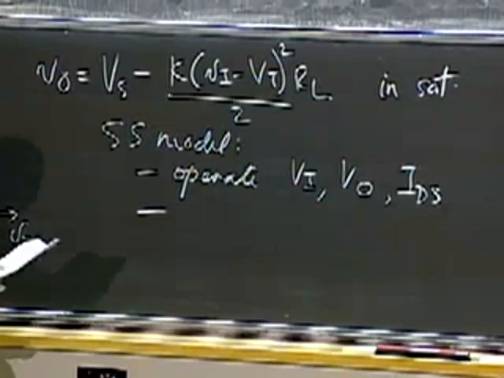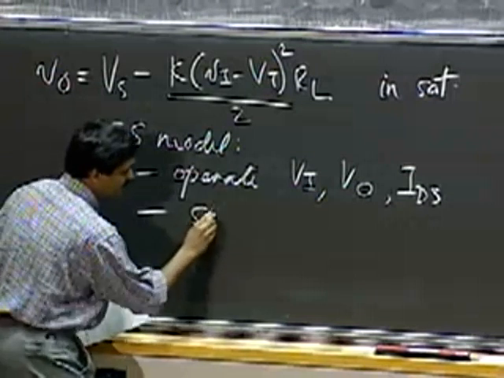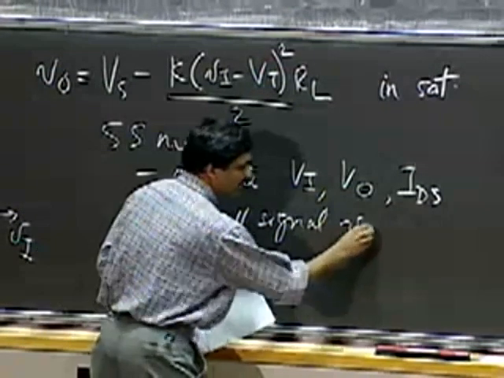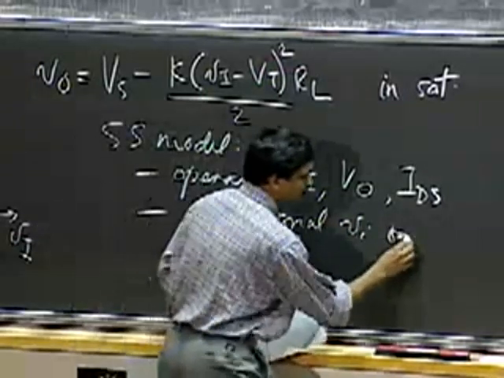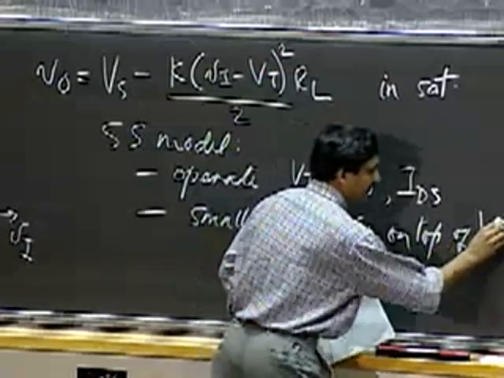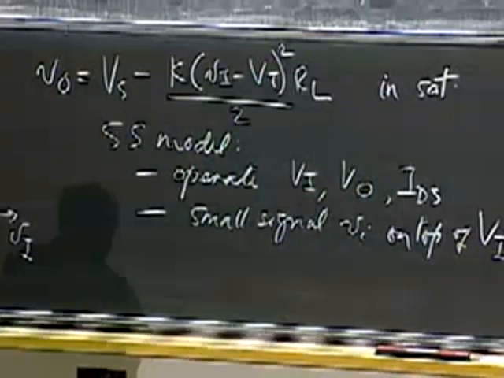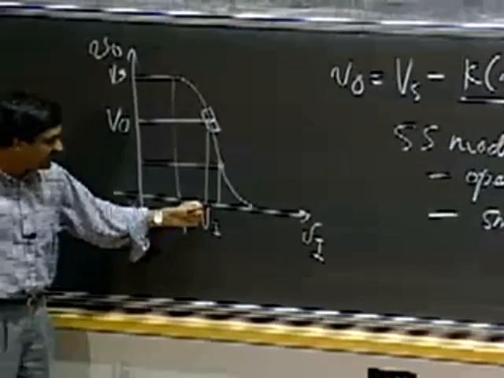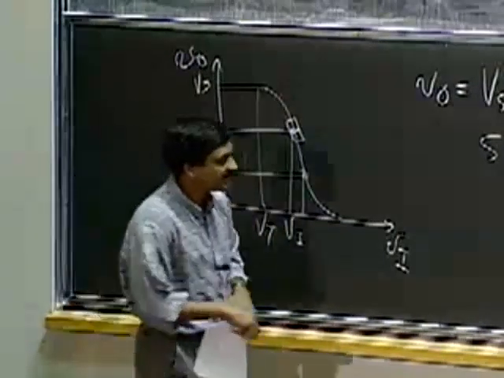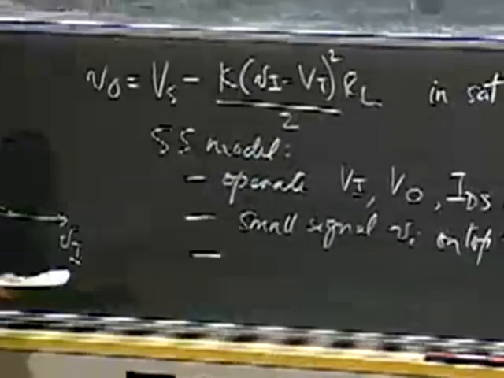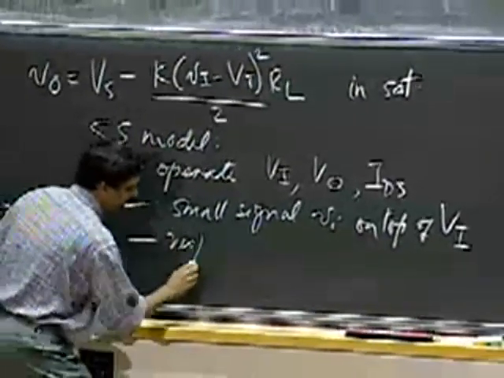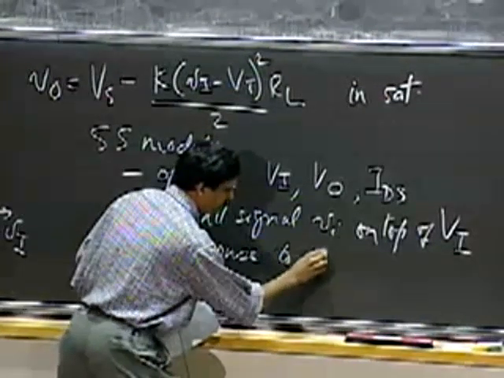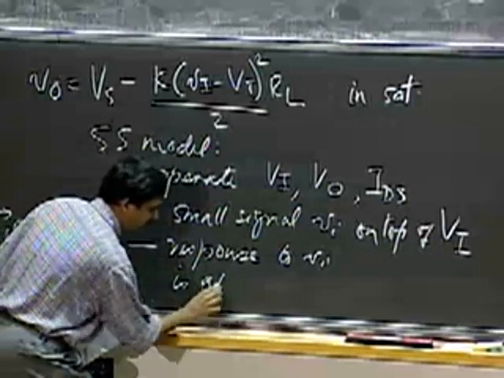And then superimpose a small signal vi on top of the big fat bias. Remember the boost? So VI is the boost. Boom. And above VI, I have a small signal vi that I apply. And our claim is that the response of the amplifier to vi is